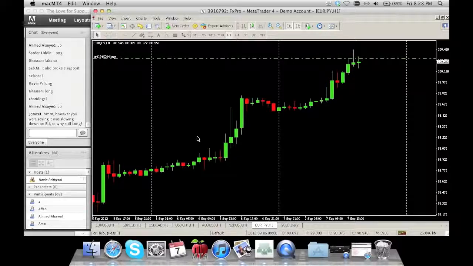From the past, I don't know, 5 to 10 years, it's always been doing that, most of the time. So once the NFP settles down, you can actually pick a direction where it's settled down and you can see which way it wants to go. And that's pretty much the trend for the rest of the day.